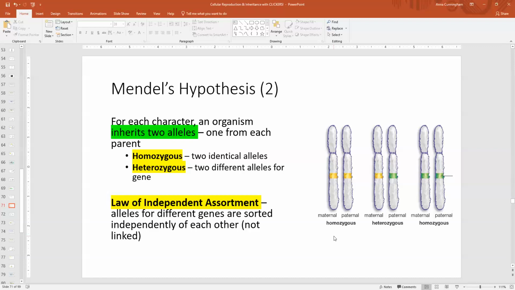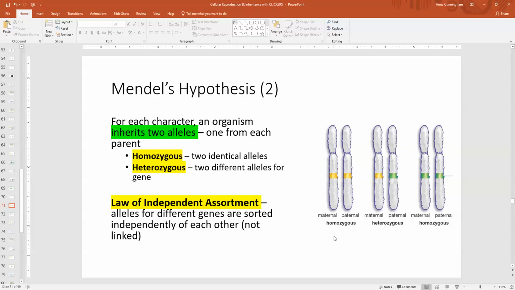Okay, so we understand the law of independent assortment. We know that every offspring inherits 2 alleles, one maternal, one paternal, because they're inheriting 2 copies of each chromosome, maternal and paternal. What Mendel found is that certain traits or phenotypes were always expressed, whereas some traits were less expressed, or what he described as masked. We'll get into that in a minute, and we'll talk about dominant and recessive. But first, what I want to talk about is how he described